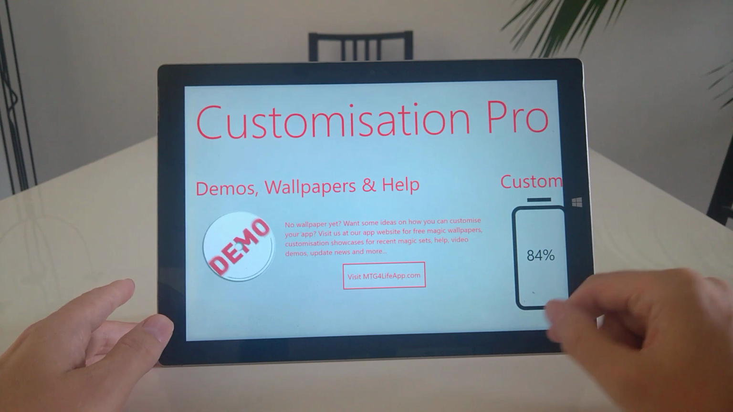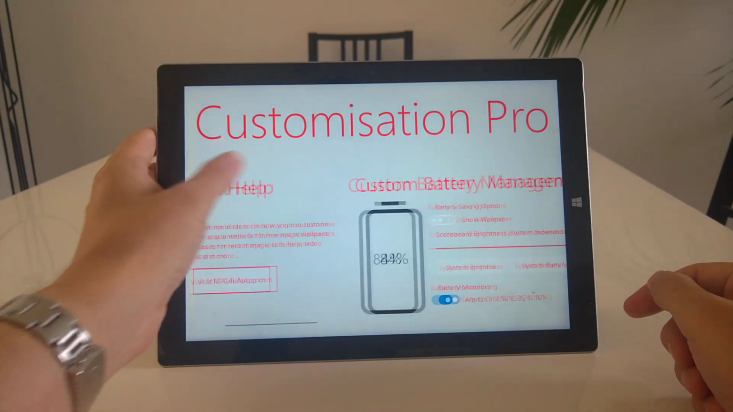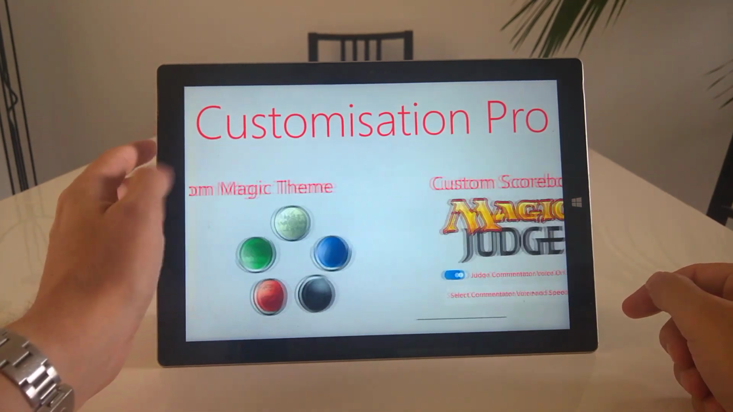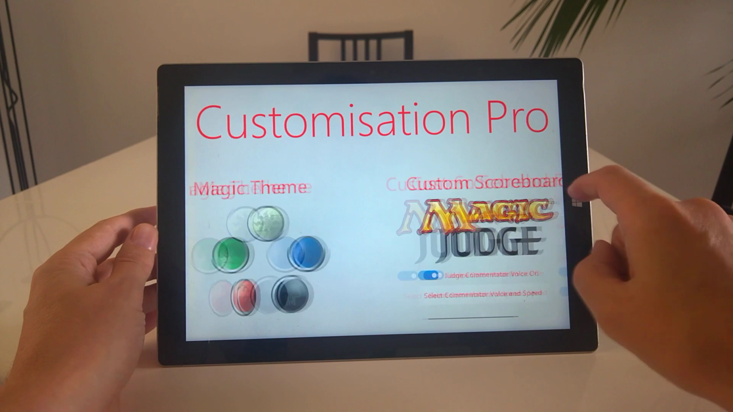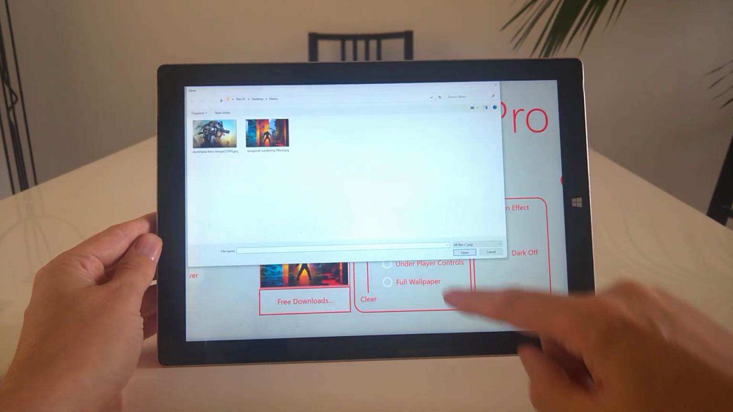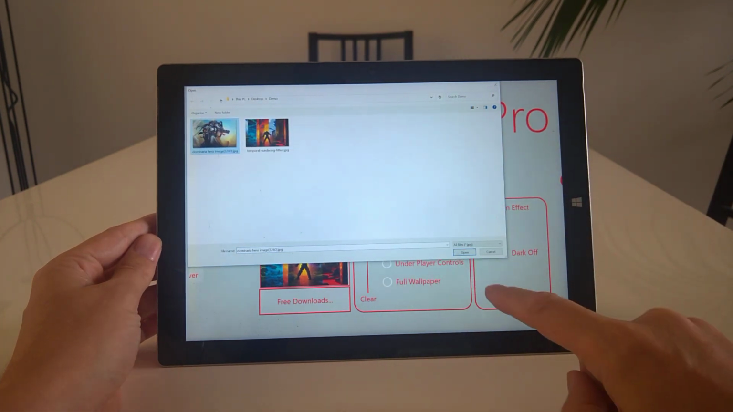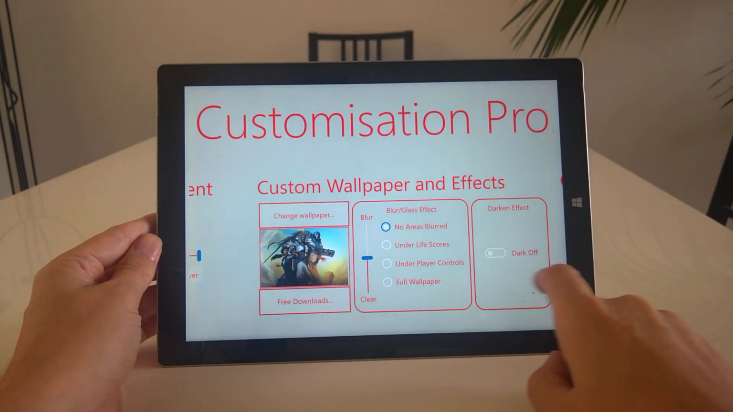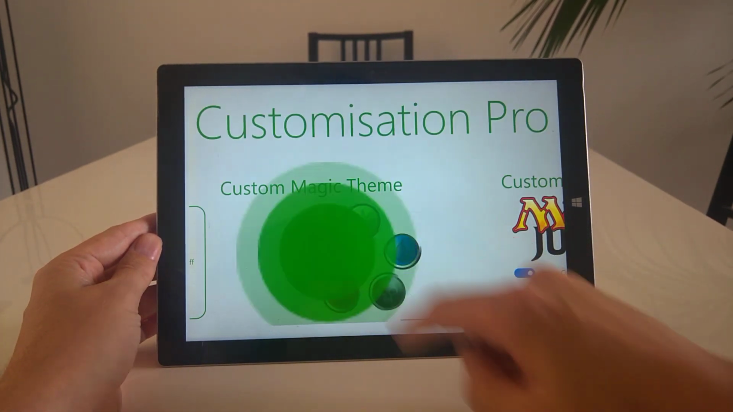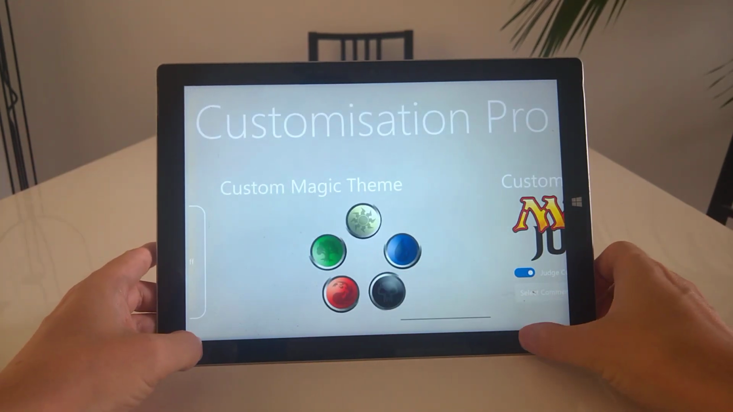Its main unique selling point is it's customizable. So you access the Customization Pro pages by clicking at the bottom right. You can see there's lots of ways you can customize the app. I'll just show you a couple of quick ways now. You can change the wallpaper. So let's change it to this one. And you can then change the magic theme. Change it to white, you can change it to lots of other colours as well, or the magic colours anyway. And you can see that